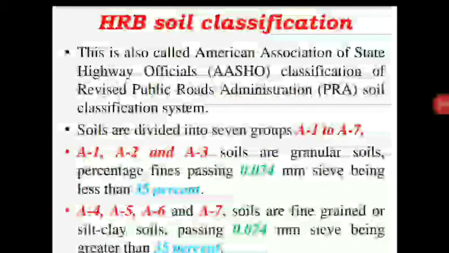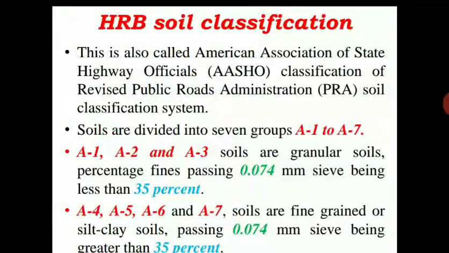Here the original soil classification was initially developed by the Bureau of Public Roads, that is BPR, in the year 1928. After about 15 years of experience, certain revisions and modifications were made and the HRB classification system was developed. By taking the reference of this AASHO as well as the PRA, the Bureau of Public Roads has developed this HRB road classification. In fact, by these many modifications, it is now possible to have subgroups for properly classifying different soil types,